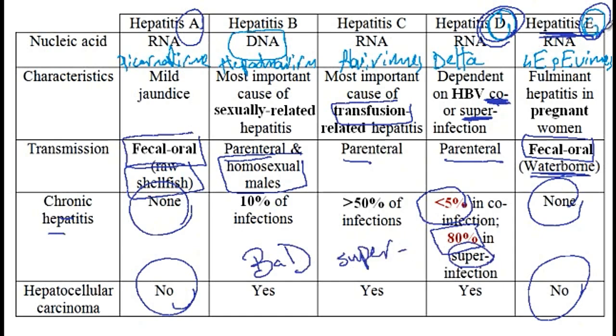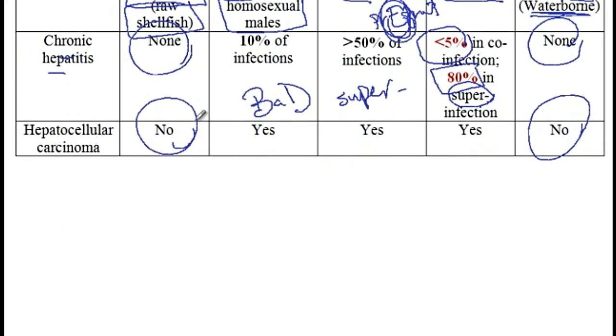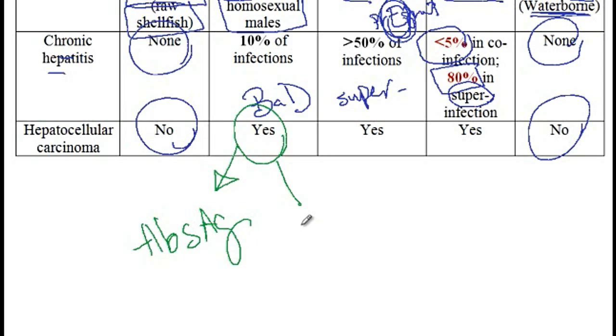For hepatitis E, again, the way I memorize it is that it's associated with pregnancy. So pregnant is associated with hepatitis E virus. And then for prevention and treatment, you can provide patients with the hepatitis B vaccine, which is made of a hepatitis B surface antigen, while patients that have chronic hepatitis B, you can treat them with interferon alpha or